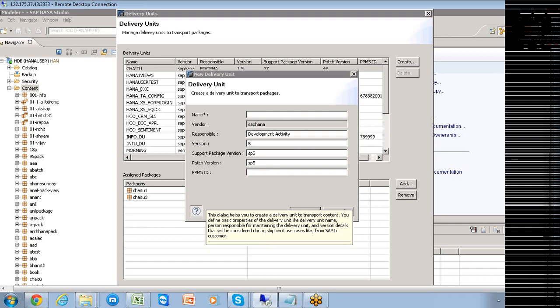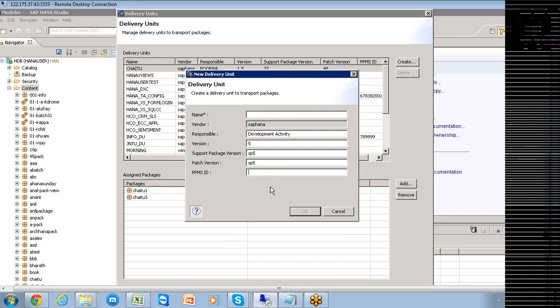You have the concept of something like transport content in the case of SAP BW, right, Vijay? Yes, Ravi. It will create a request ID, and based on the request ID it will send the transports, promoting the objects from dev to QA and QA to production. So you can specify such an ID if required; otherwise you can leave it. The delivery unit is optional, but this name is important.